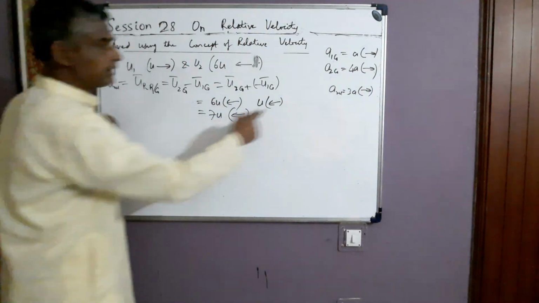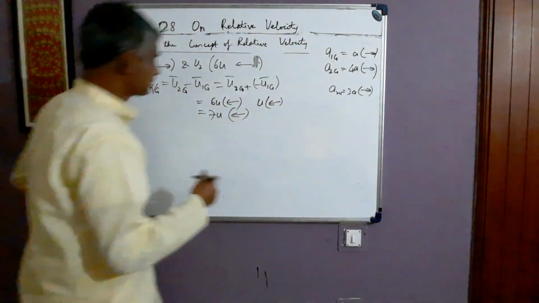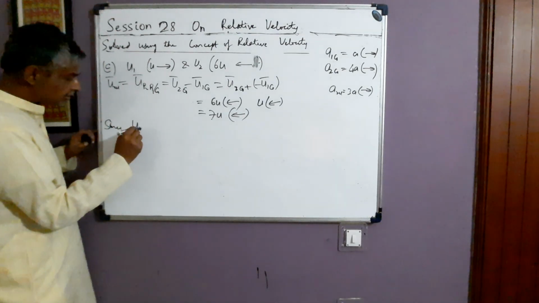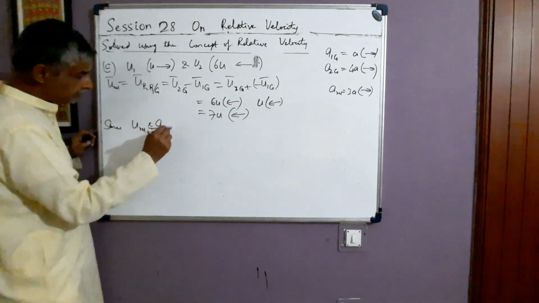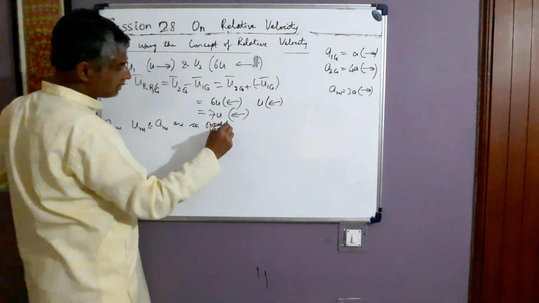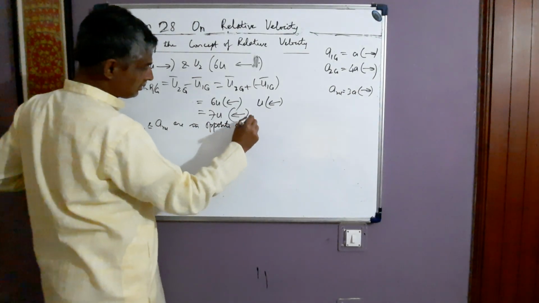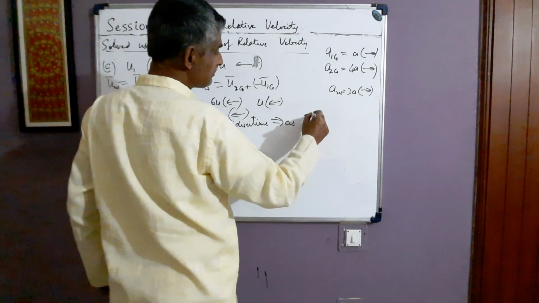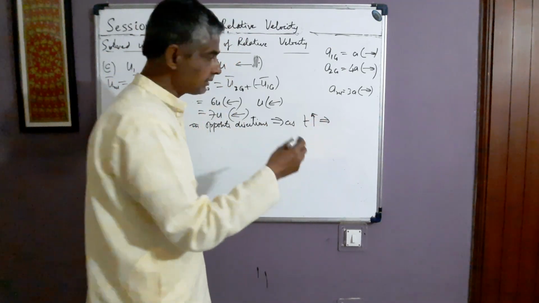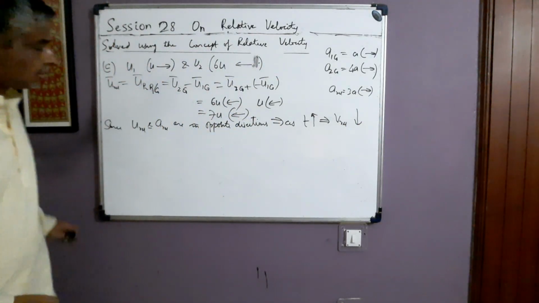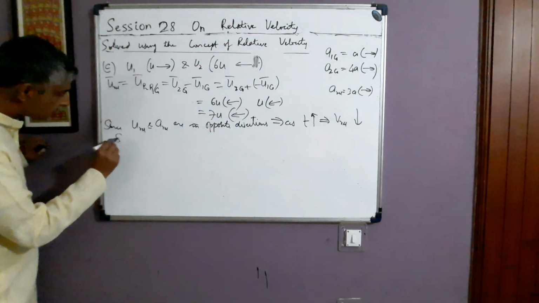Since U relative and A relative are in opposite directions, this will mean that as time passes by, the relative speed between these 2 points goes on decreasing. Again, since A relative is constant,